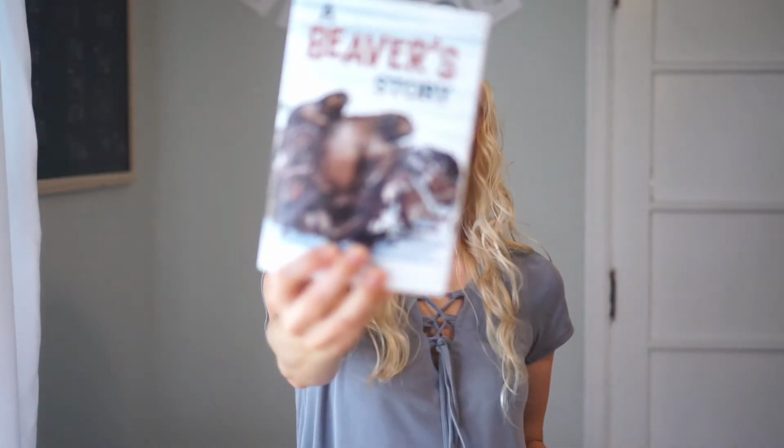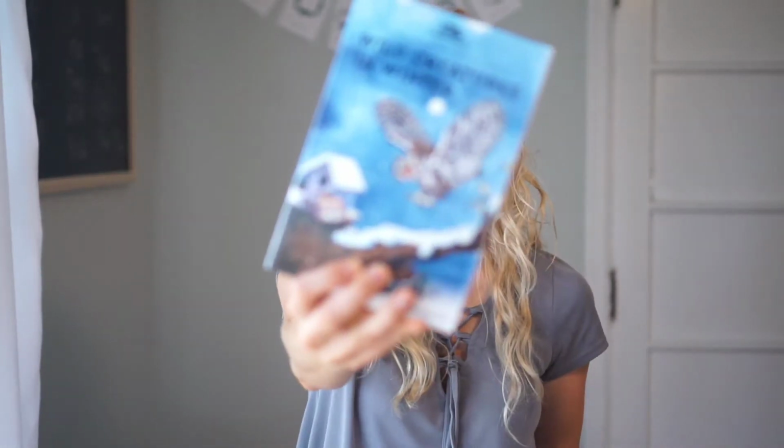The first one, and this is the one that Oliver actually really wants to do next, and it's the Beaver story. I'm actually not sure if there's more than 5 that I'm showing you, but the last one is Wild Creatures in Winter. So these are the 3 brand new ones that we haven't read, but if they are anything like these 2, I know that I'm going to love them probably as much, if not more, than the kids,